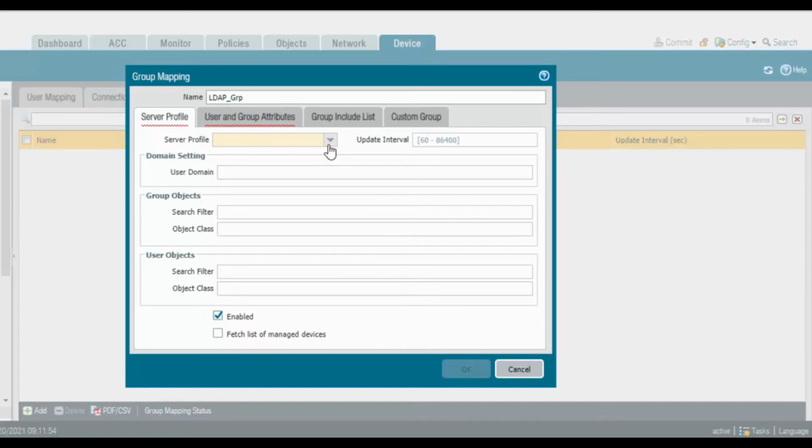For the server profile, select the AD profile we created earlier, and for the user domain, the domain we created, ugreen-tech.